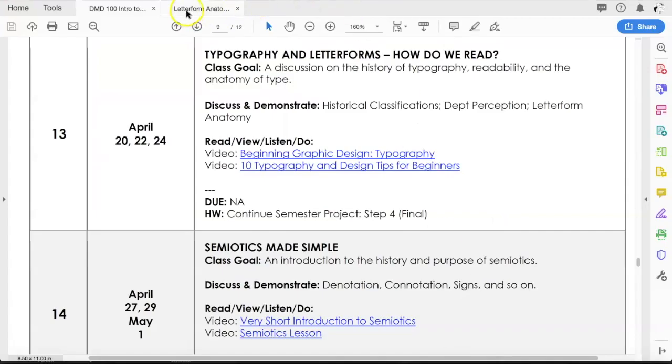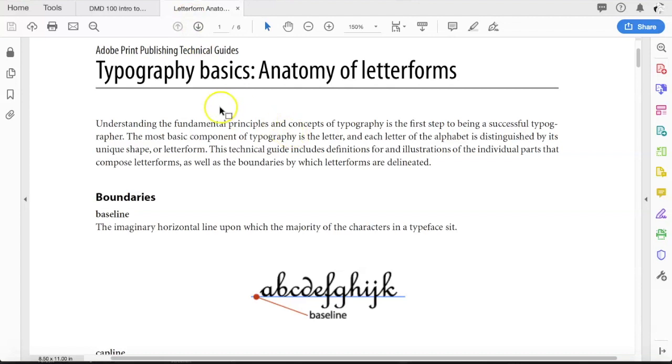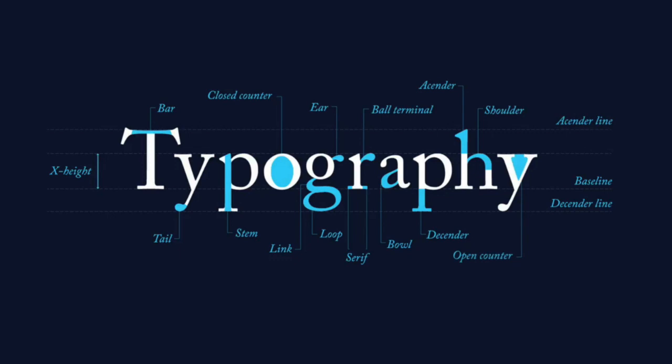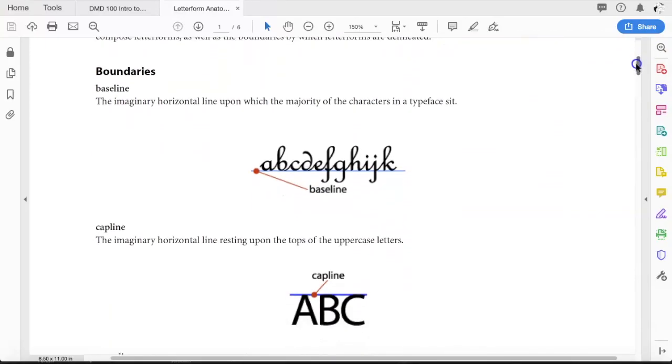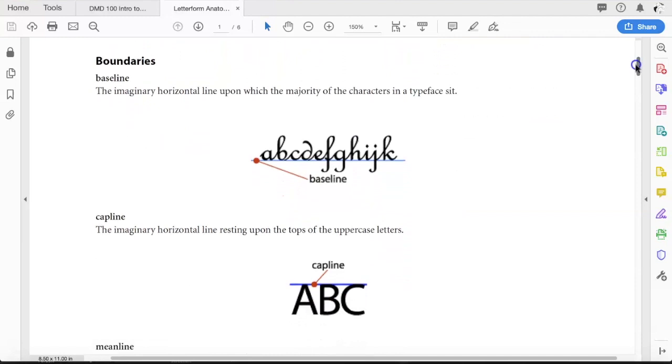Okay, the last thing we're going to look at is we did talk a little bit about anatomy of letter forms. Now, if this was a typography class, we would be spending a lot of time on this. I mean, we'd be spending all 16 weeks on typography. But you would have to learn the anatomy of letter forms. You'd get quizzed on it, there's vocabulary, and we're not doing that in this class, but I just want you to be aware of the fact with this handout, this is the letter form anatomy handout from week 13, that